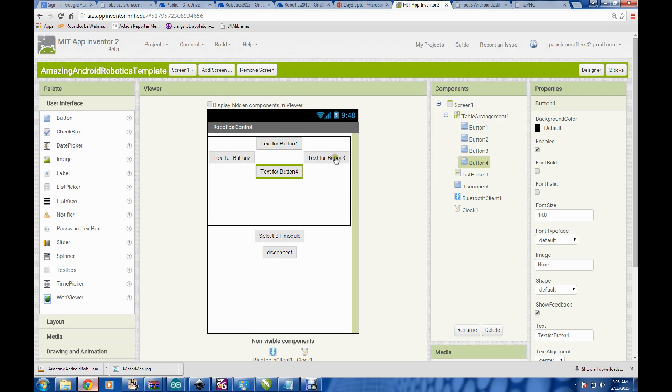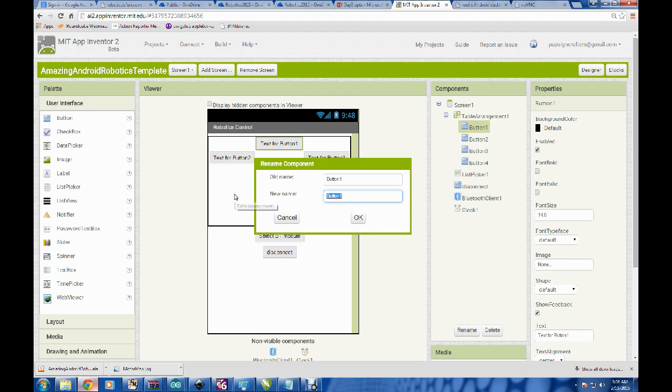And we need to identify what these buttons do, because right now this one says text for button 1 and text for button 2 and so forth. So what we need to do is first rename all of these buttons to describe what they do, and you'll see why that's important here in just a minute. So I'm going to rename this one to forward